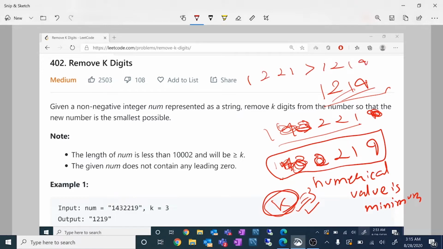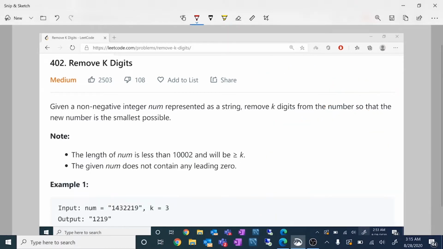Now let's start discussing the approach of this. So what we're going to discuss is a stack based approach, right? You could also go for a direct traversal based approach as well, but for that traversal based approach there are way too many corner cases that you'll have to handle manually and it is not an overall efficient code. Right. So moving on, let's discuss a few common observations.